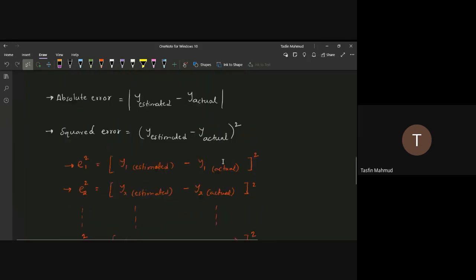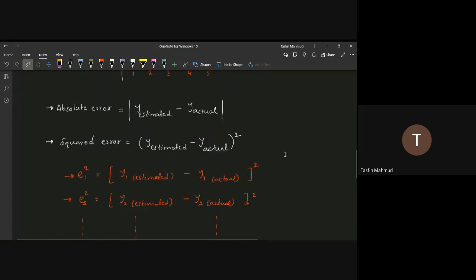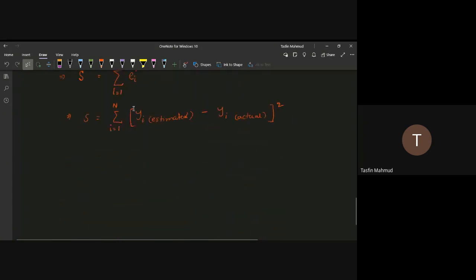So now what we are going to do is that we will consider the equation for these estimated points or this estimated straight line, and we will replace these yi estimated values with the equation. আমরা এখন রিপ্লেস করে দিব।